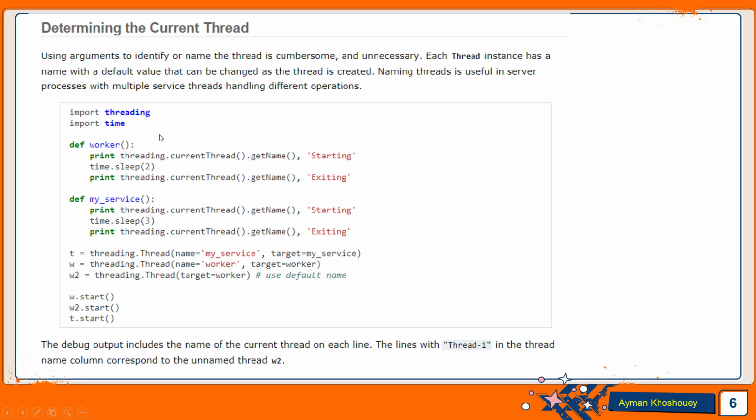You can determine the current thread using an argument to identify or name the thread, which is unnecessary in comparison. Each thread instance has a name with a default value that can be changed as the thread is created. Naming threads is useful in processes with multiple service threads handling different operations, like this: import threading, import